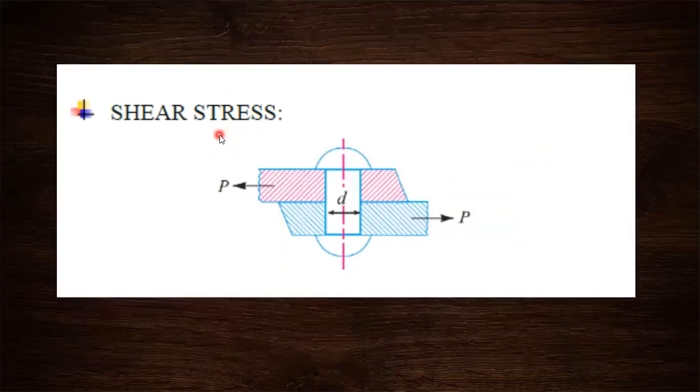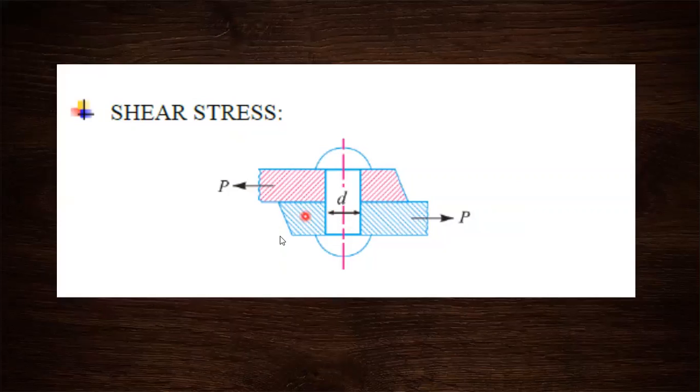In shear stress, there are two plates which will be sliding. Suppose on the top plate the load is acting towards the left, and on the bottom plate the load is acting towards the right. The two plates are joined with the help of a joint. So both the top and bottom plates slide since they are moving in opposite directions. The top plate will be moving left and the bottom plate will be moving right. So sliding will take place, and there is a possibility that the plates can slide in that direction.